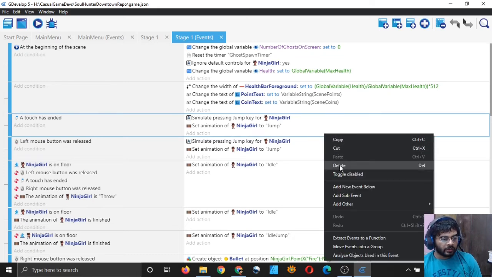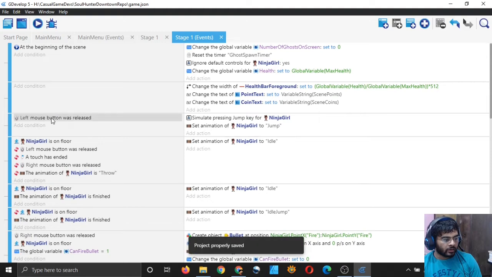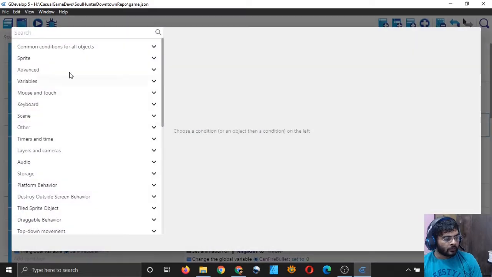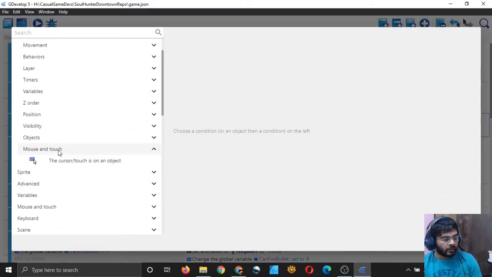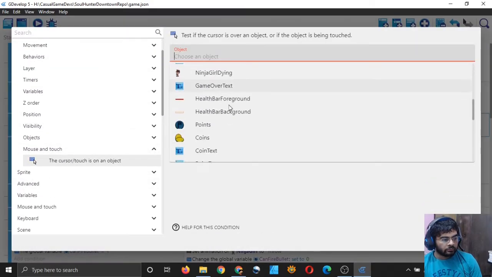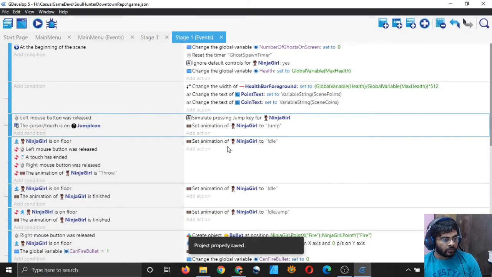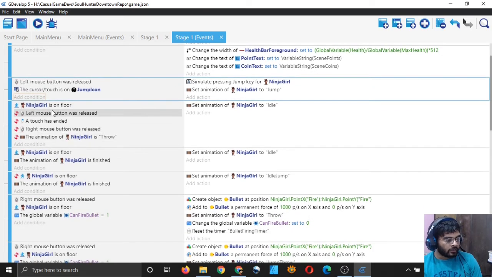So I will simply delete this statement, and here I am saying that left mouse button was simply released, but I also want to say that left mouse button was released when it was on top of the jump icon. So I will do this. Mouse and touch is on the jump icon, and then I will simulate the jump key press for the ninja guard.